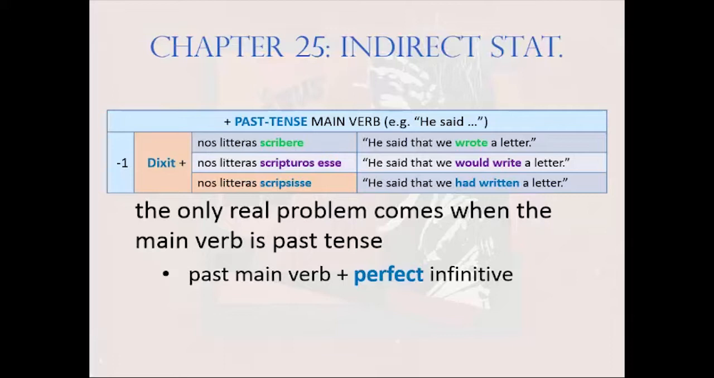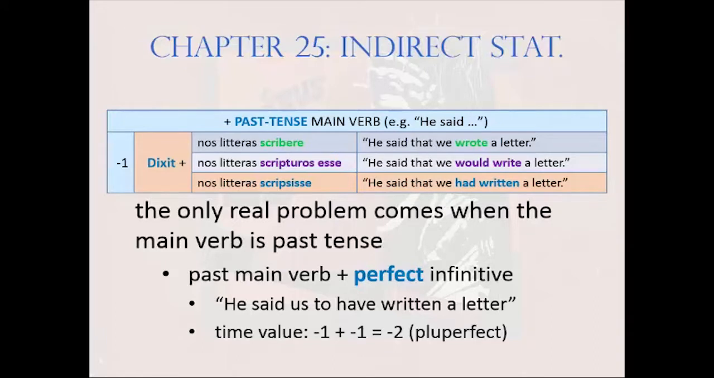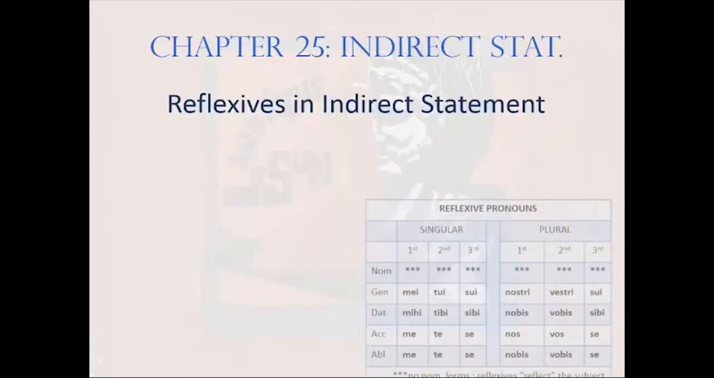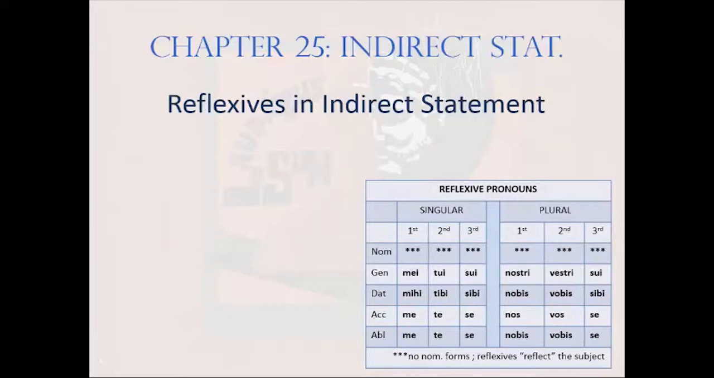Dixit nos litteras scripsisse, meaning literally, he said us to have written a letter. What would be the English that clause equivalent? He said that we had written a letter. A -1 time value main verb plus a -1 relative time value infinitive adds up to -2 in absolute time. That's pluperfect, had. Finally, let's look at something you'll be seeing a lot of in indirect statement: reflexive pronouns and